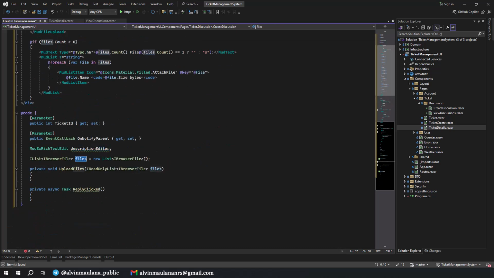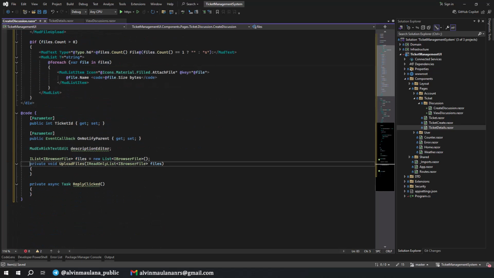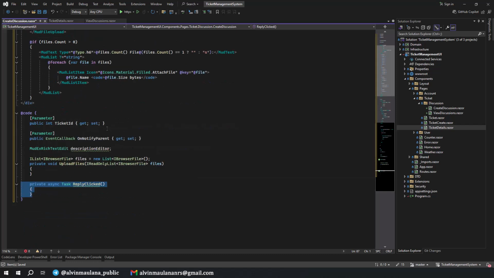And then yeah, we can upload multiple attachments for the attachment in discussion. And then let's implement this one. Before that, the last is the reply click. So when we click the reply button here, it means we submit the discussion.